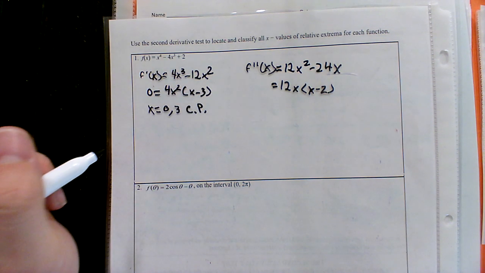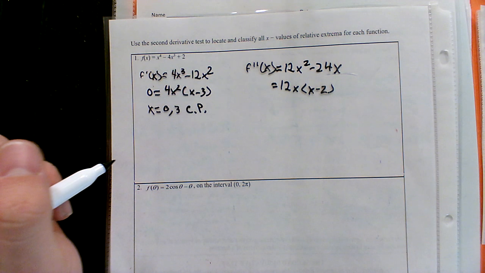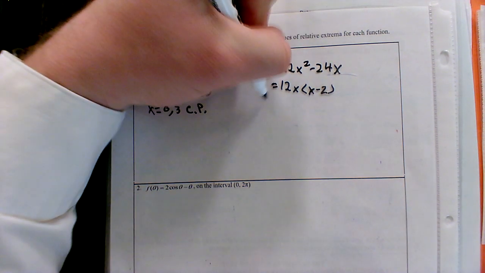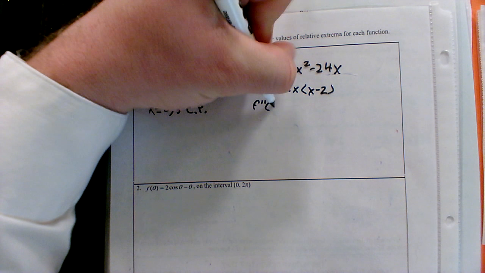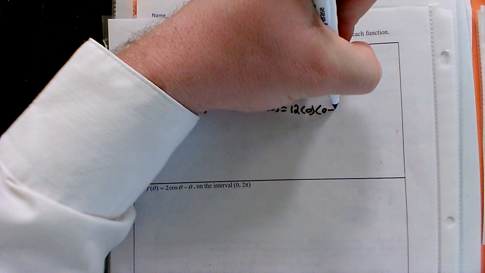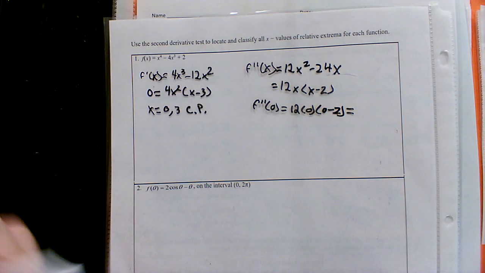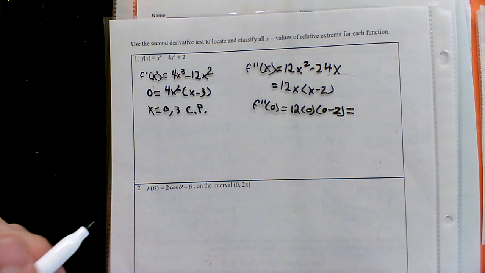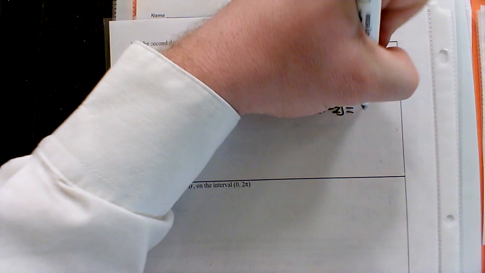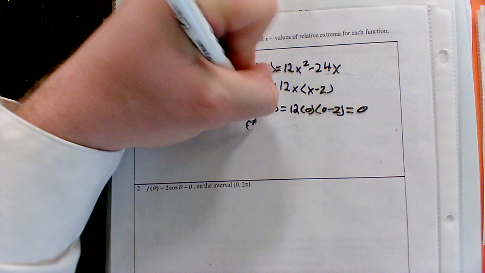But now we have to do what with that second derivative? We just mentioned it, but... Stevie? Yeah, plug in our critical points. So we'll start with f double prime of 0. 12 times 0, 0 minus 2. What do we get as an answer? 0 for that one. Okay. Let's check the other one. F double prime